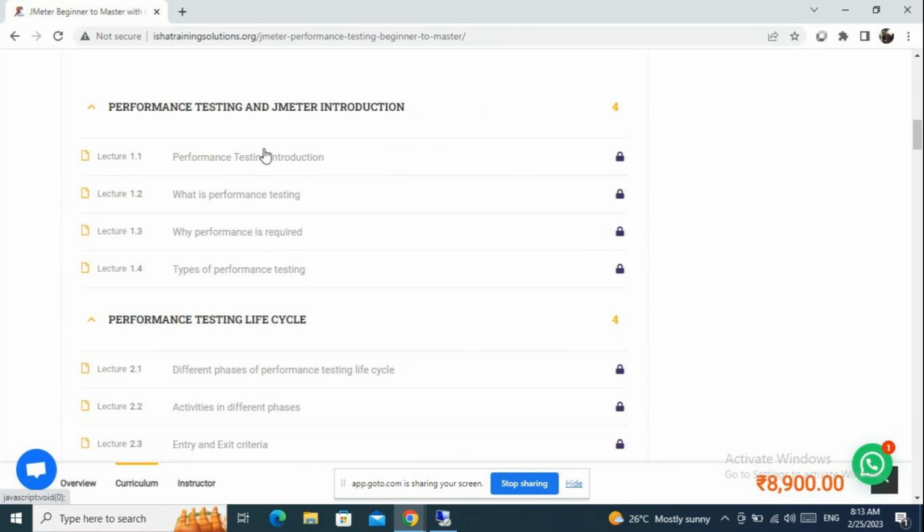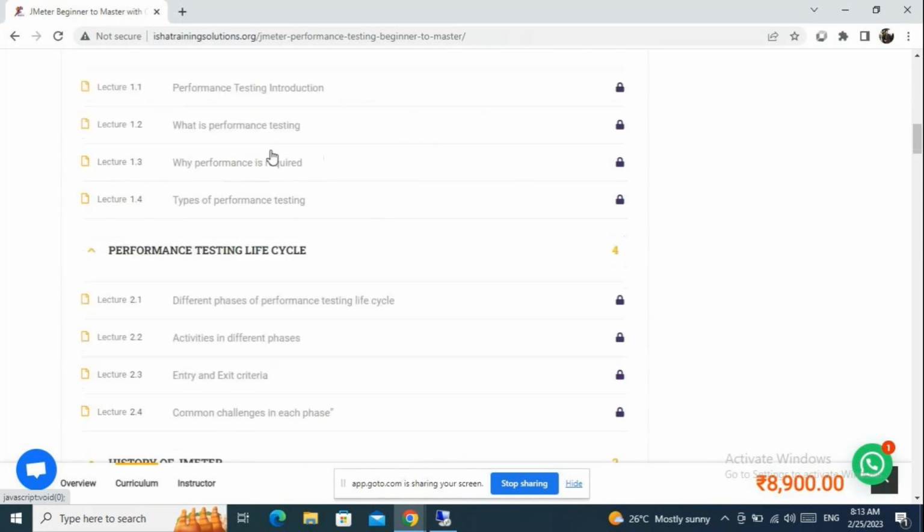So I'll be providing the introduction to performance testing: what is performance testing, why performance testing is required, what are the different types of performance testing, what are the different phases in the performance testing life cycle, and in each of those phases, what are the different activities which are carried out, and then from a waterfall model and agile model, how does a performance testing team work in a project, all those details will be